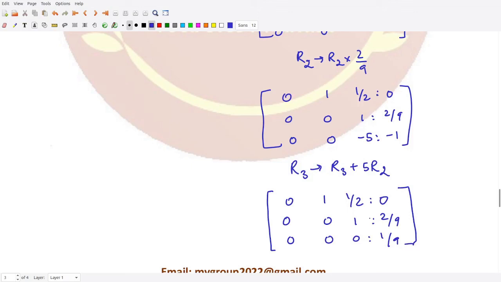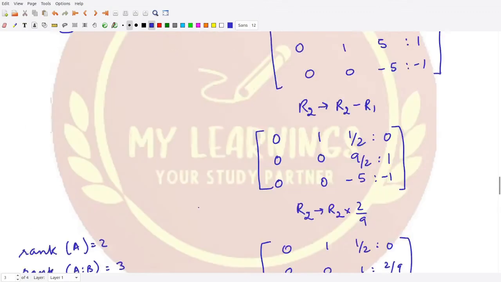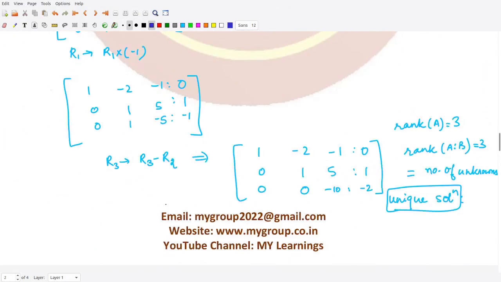So you see, in this case, we have the rank of A equal to 2, the rank of A augmented B matrix equal to 3. So in this case, rank of A is clearly not equal to the rank of A augmented B. So in this case, we would have no solution, and in the option they are saying for multiple solutions. So therefore this option is incorrect, right? So you see how option C and option D, they are also incorrect. So we only have B as the correct option,